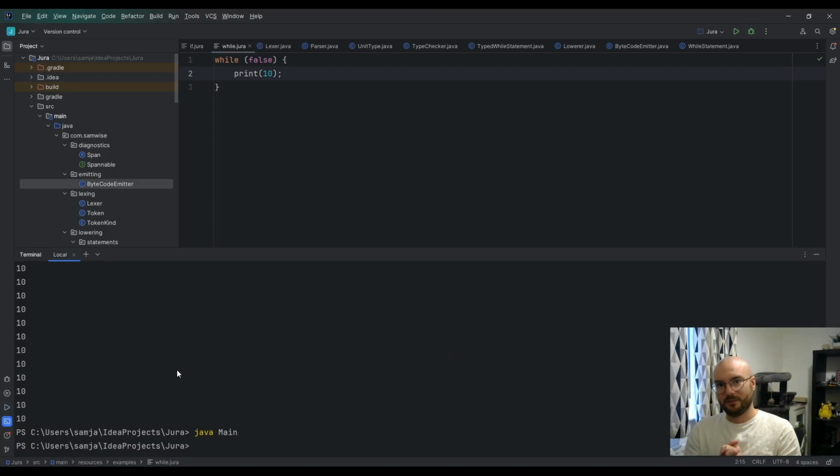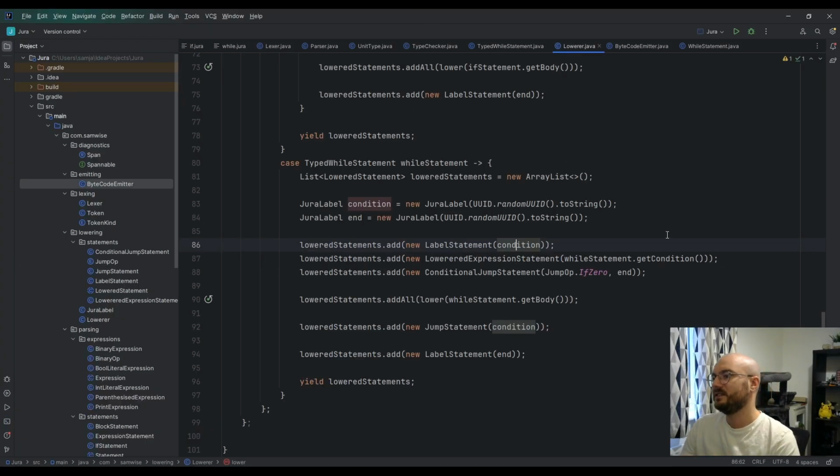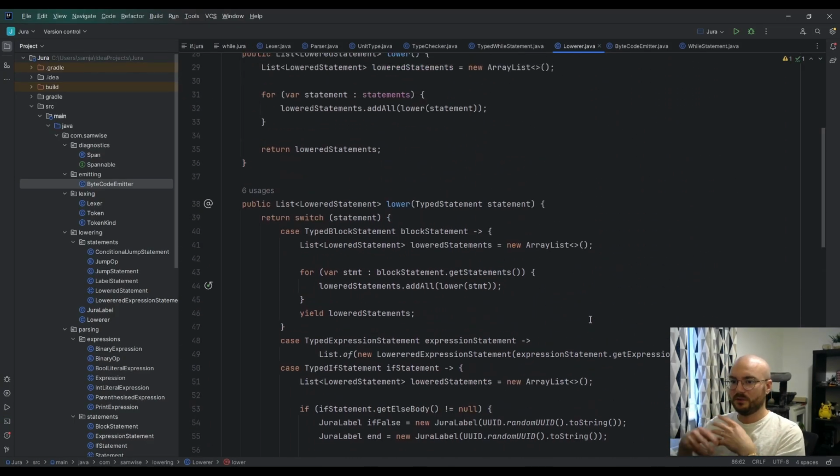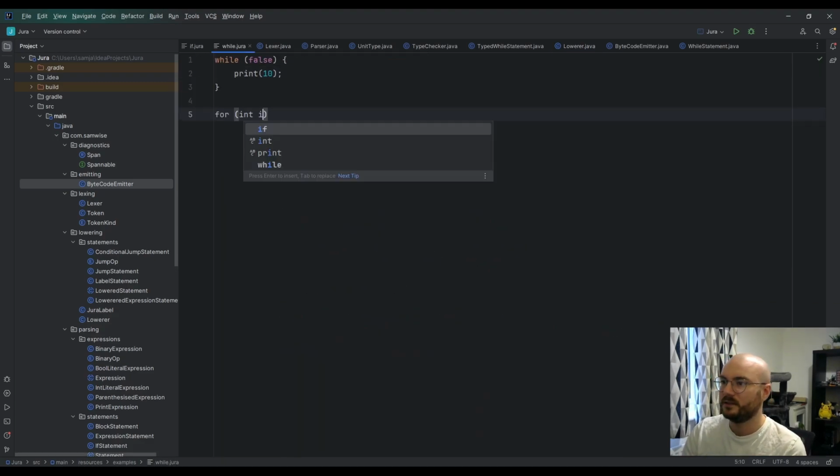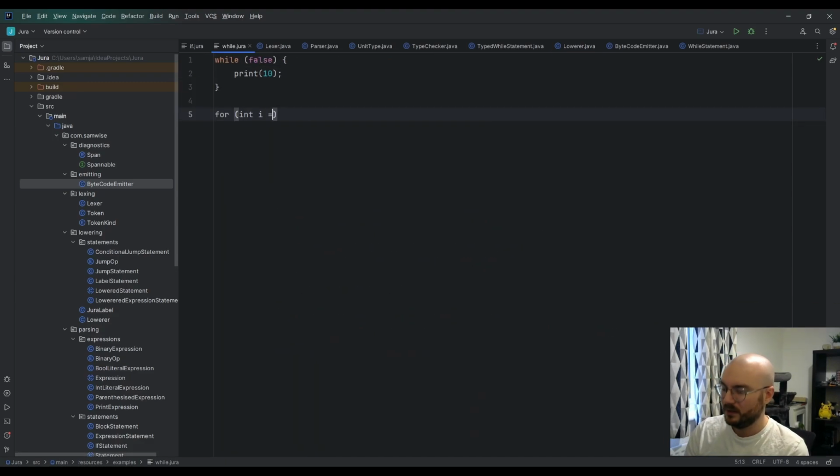But we have while loops. And now with this lowerer, you can see how powerful this lowerer is. Because if I now wanted to add for loops, you can break a for loop into a while loop. So if I had something like for int i equals 0, i less than 10, i plus plus in Java syntax, and I said, you know, print i,